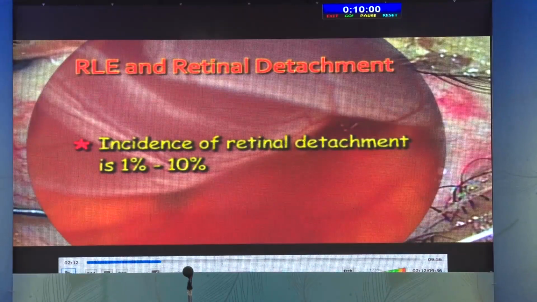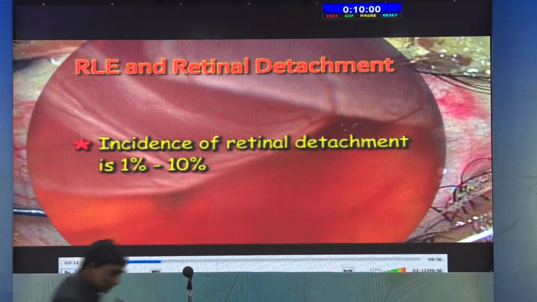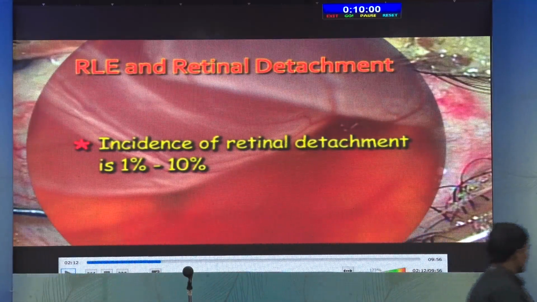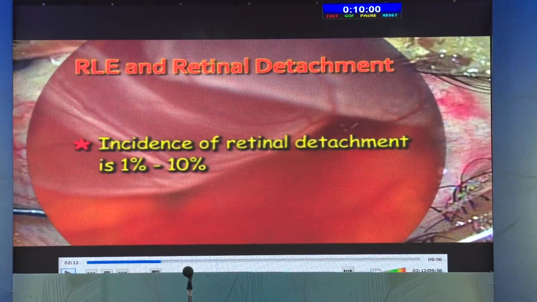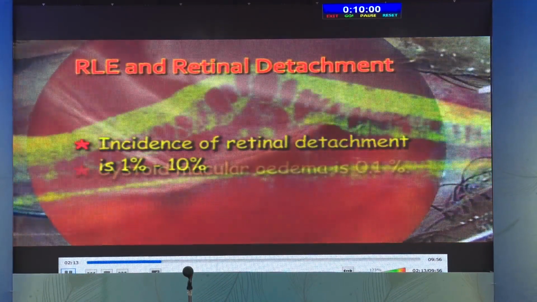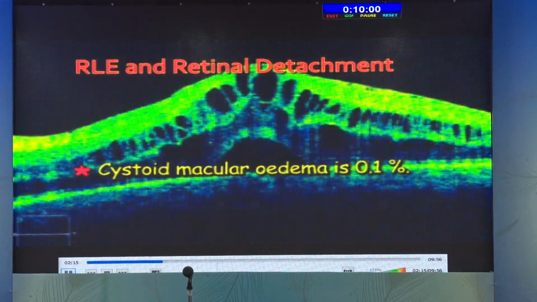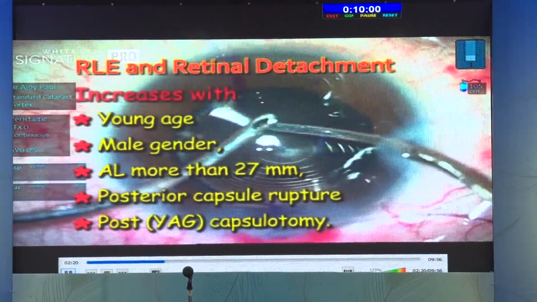The reason why RLE was not widely accepted as a form of refractive surgery is the risk of RD. But today, with the higher machines, and machines where you have control of the internal milieu, whether the anterior chamber fluctuations, you can keep it down. Definitely it's one of your choices in the armamentarium, but to lower the risk of CME or RD, you must have total control of the surgery. We'll come to that.